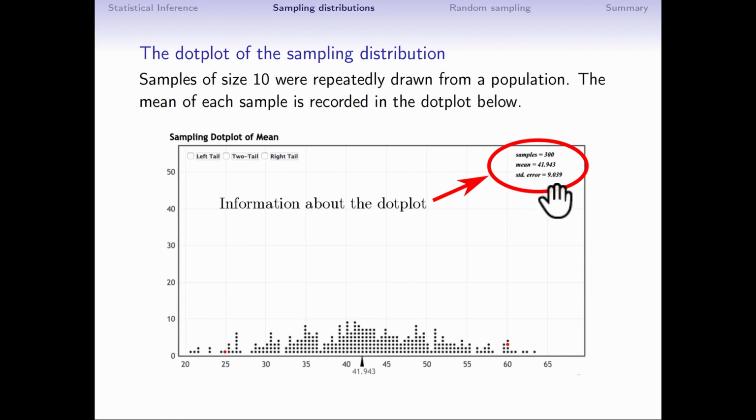The second piece of information is giving us the mean of the dots themselves, and is telling us that the mean is at 41.943. Now, StatKey always shows us this value on the x-axis, and you can see that there are going to be some dots to the left, there are going to be some dots to the right, but on average, the value of the dots is